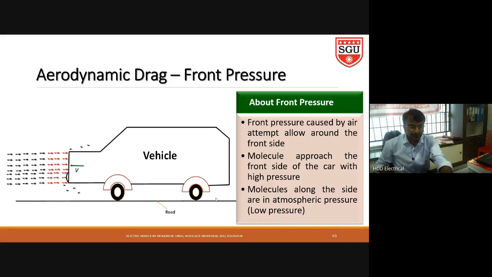Then some air will be deviated and move to the other parts of the body. Due to that, this hitting area has a high pressure region. When the remaining air is deviated and going backside, we can call it a lower pressure region. Due to that, there is a pressure difference. That is the frontal pressure.